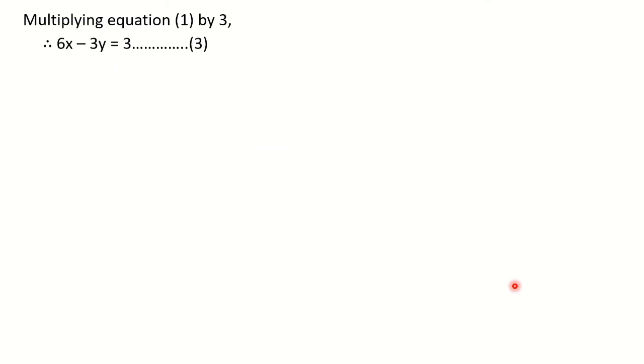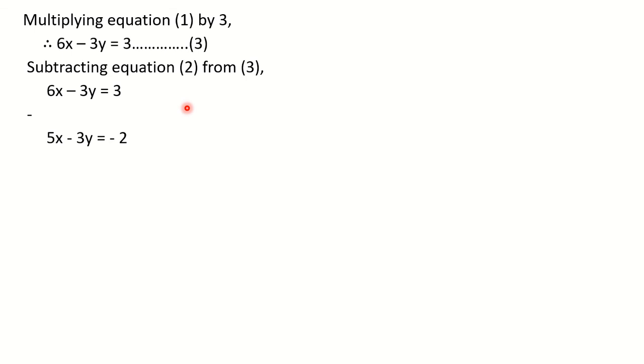Each and every term we are multiplying. So we got the equation as 6x minus 3y is equal to 3. In hurry, students, they forget to multiply right hand side. Please don't do that. Multiply to each and every term. Then as I have said, we have to go for subtraction also. So what we are doing here is in equation 2 minus sign is there on RHS. So we are subtracting equation 2 from 3. Okay. Subtracting equation 2 from 3. That means 3 will appear up. Then the minus sign. And then equation 2 will appear down.